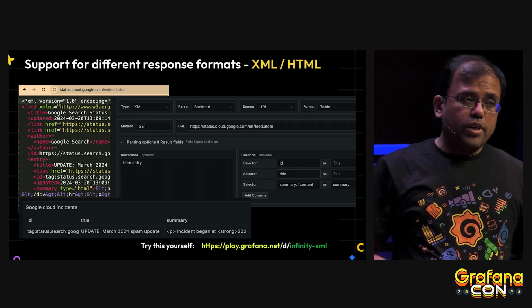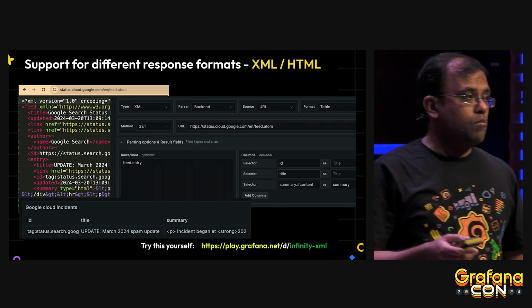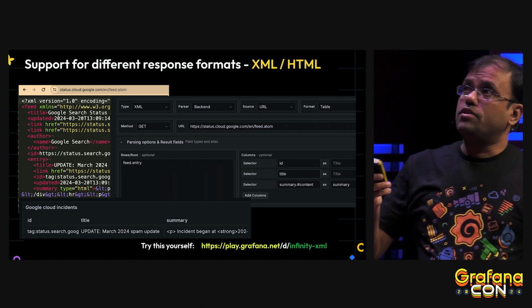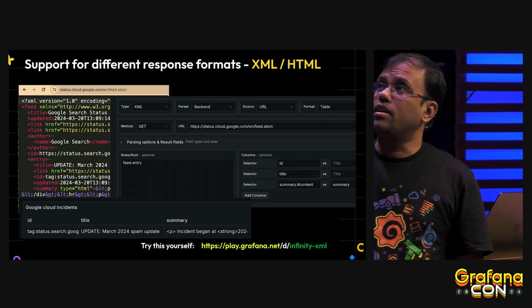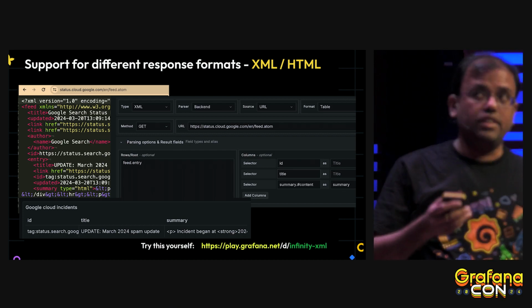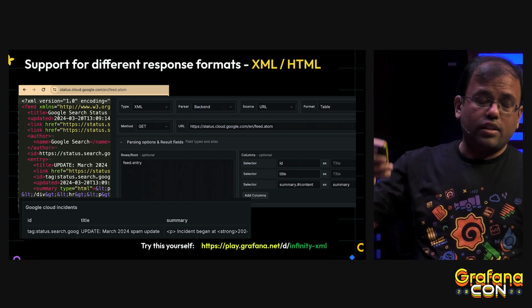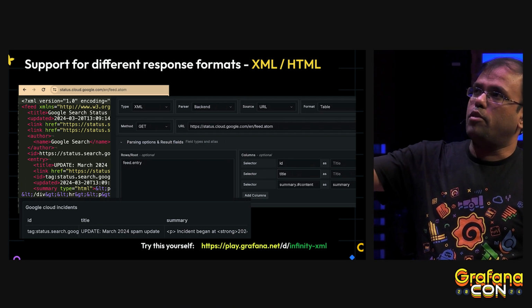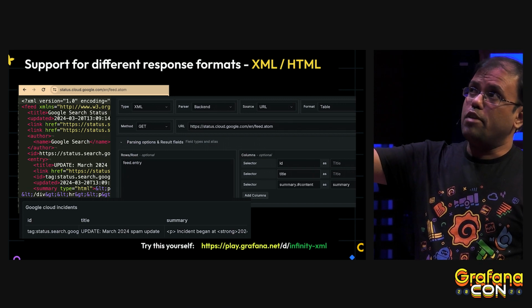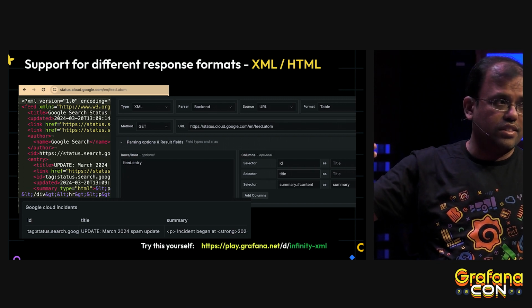Okay, the same principle goes with XML as well, like JSON and CSV. So here I am just visualizing the status feeds from Google Cloud, which can be any RSS or Atom format, XML format. Here you see I am getting all the incidents. I'm selecting the same way as I did with JSON and CSV.